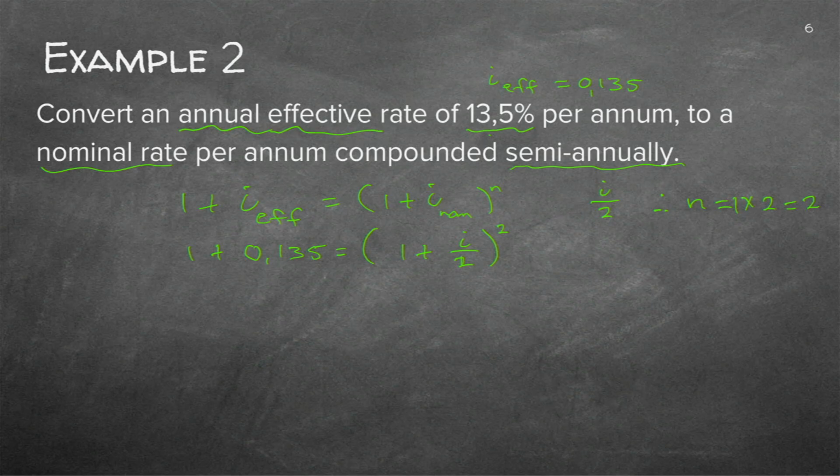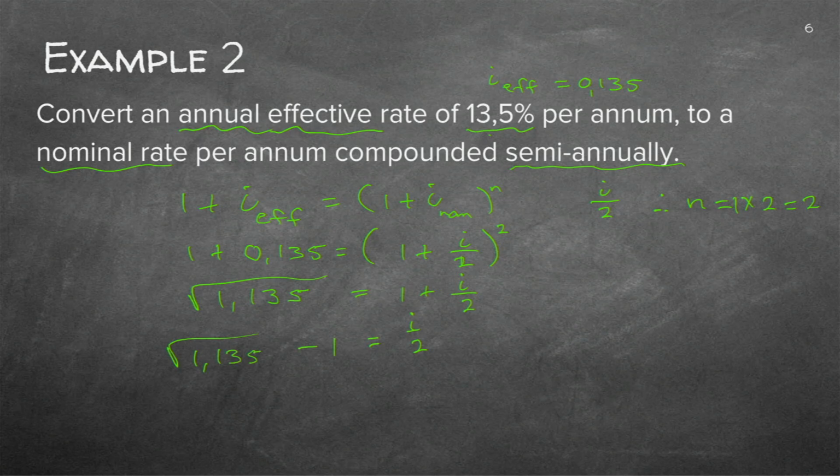The I is inside a bracket. The furthest thing away, I must take away first, which is the square. How does one take away a square? You square root. So I'm going to go to the left-hand side as well, and I'm just going to add those two because they're very easy to add. And I'll be left with 1 plus I over 2. You all agree? To get rid of a square, you square root. Now I need to get rid of the 1. So I minus 1.